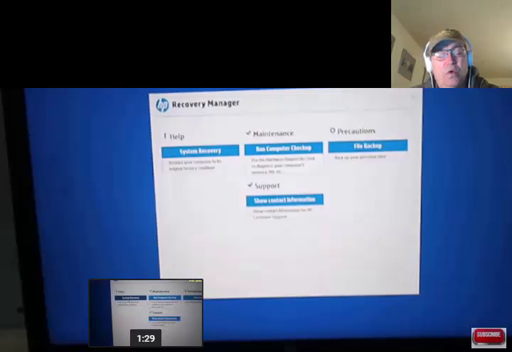I just want to reiterate that the recovery system will help get your operating system working better on your Hewlett-Packard laptop, and it will clean up a lot of things, but you may have to reinstall some drivers, and some operating systems or things you lose. What's interesting to note is that it'll tell you what was recovered and what wasn't, and you'll have a list of that. You need to keep that reference so you know what you have to reinstall. That's important to do. And that's it for this